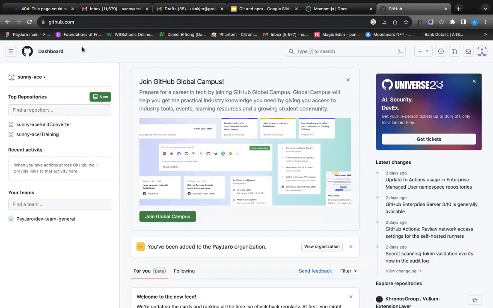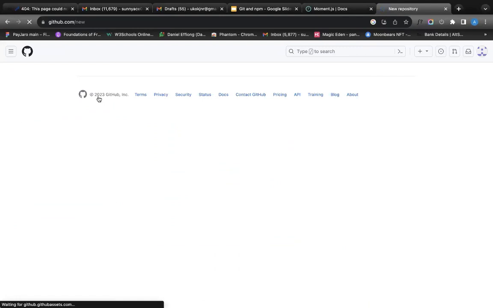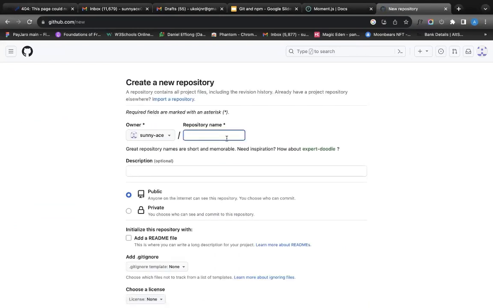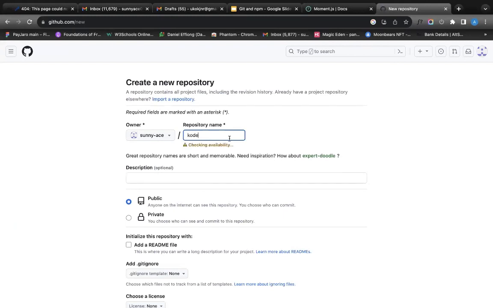Okay, so I just went to github.com, right? And then you're seeing all this, but then you're seeing the new button, right? Just click on new, because you want to add a new repository. I'll just call this repository KodeCamp, right? The description is optional, so it's not really necessary, right? Then I could just write, okay, I'll just say list of students,